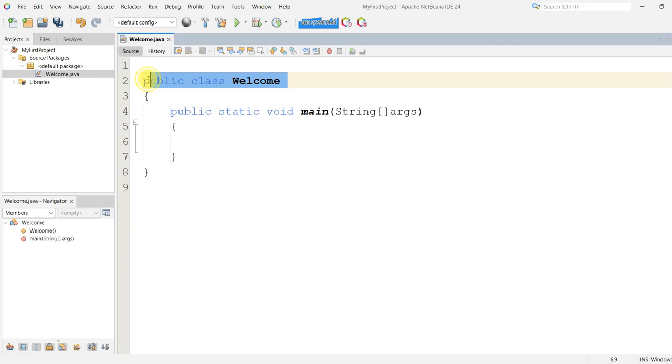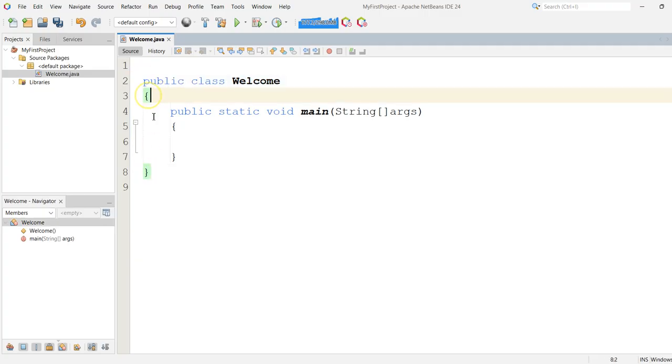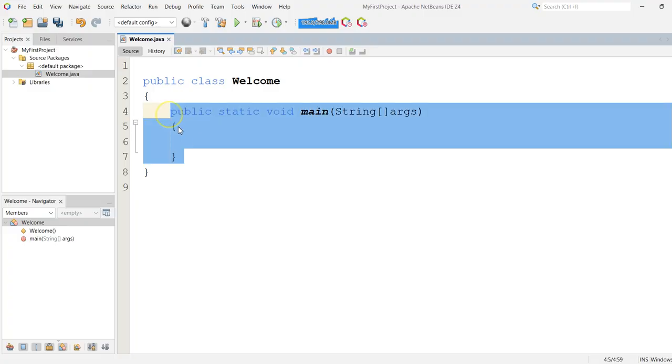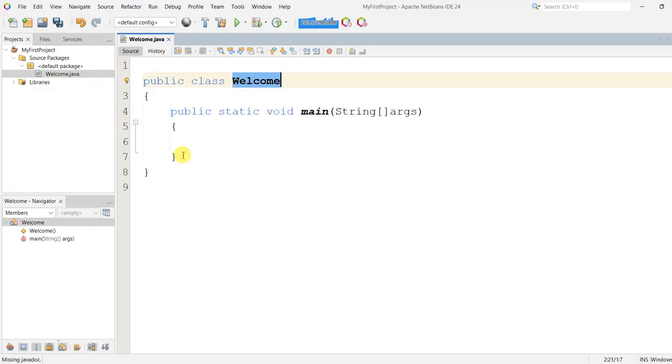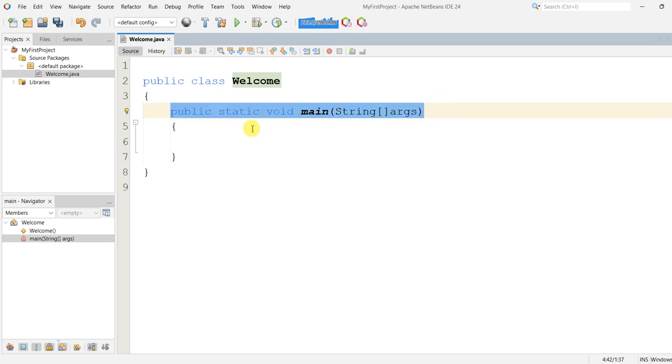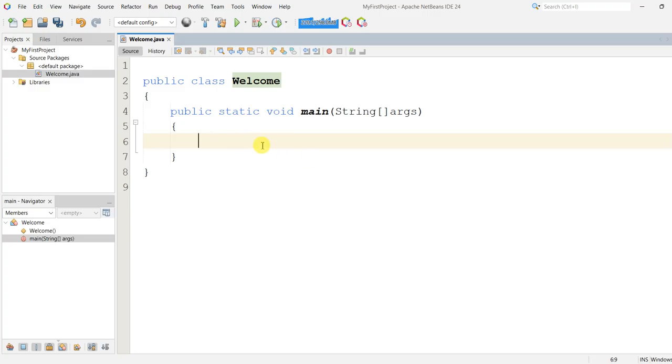Now, this will be the basic structure of your Java program. As you can see here, our class header will have this open and close curly braces, denoting that the open curly brace is the beginning of your class, and the closed curly brace will be the end of your class. Any methods, any codes, or any program statement that we're going to write should be in between these symbols. This means that anything inside of this will belong to the class Welcome. Also, we are going to write our main method, which will serve as the starting point of the execution of our program. This means that whatever program statement that we write inside the main method will automatically be executed once we run this program.